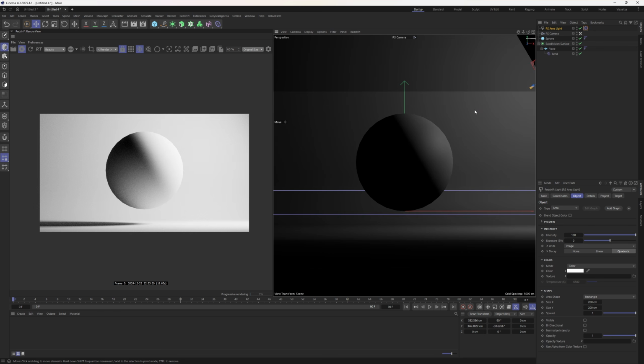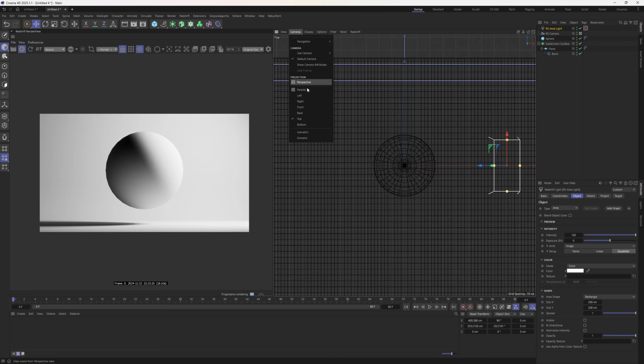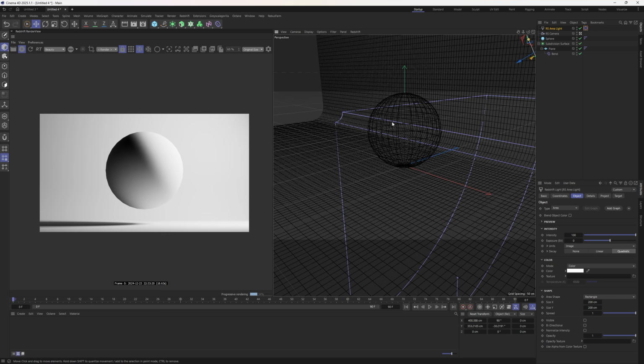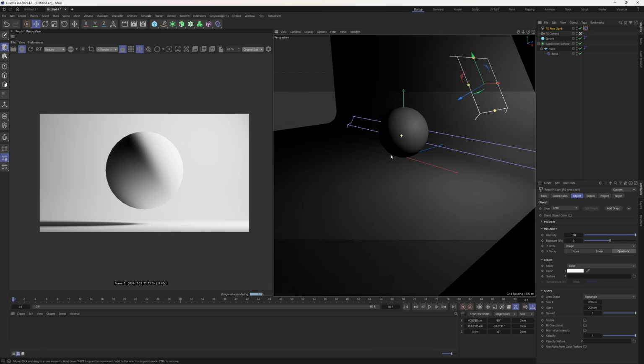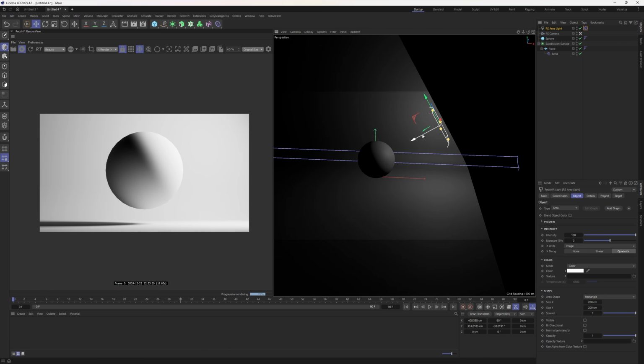Now, if we just push this light, what we can do here as well is press F2 and then go to cameras and perspective and then do NA on the keyboard to get back to garage shading. Turn off the work plane again. If we just set this light off to the right here,